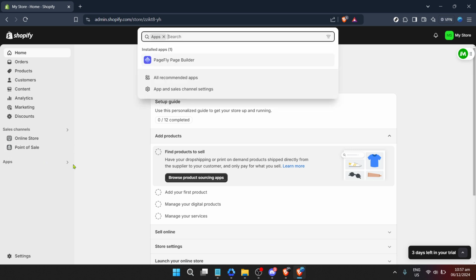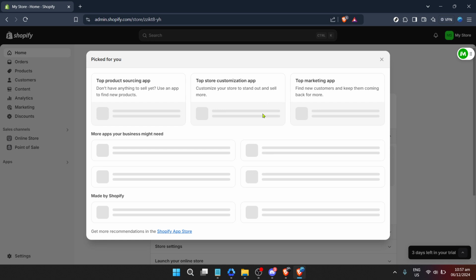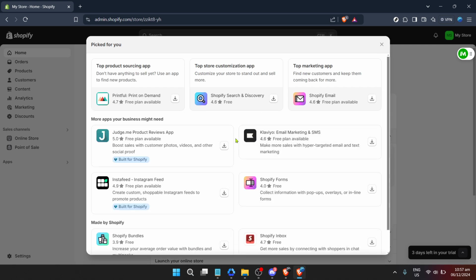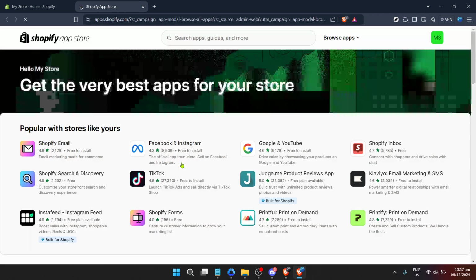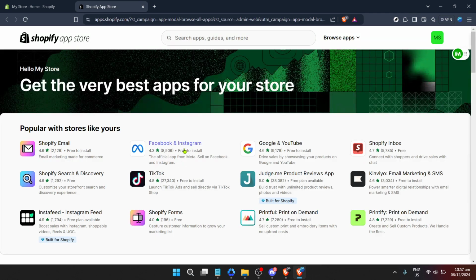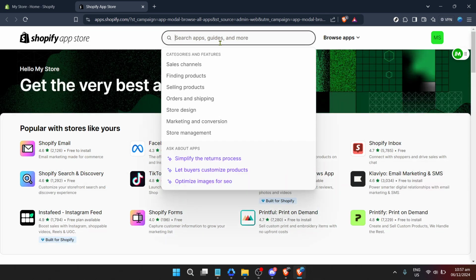The Apps section in Shopify is where you can extend the functionality of your store. Think of this like adding new skills to your repertoire, where each app offers unique capabilities to bolster your store's performance or appearance. Proceed to click on All Recommended Apps. Shopify has a curated list of applications considered beneficial for a range of typical store setups. This is like receiving personalized recommendations that could enhance your store's performance based on Shopify's extensive experience with e-commerce businesses.